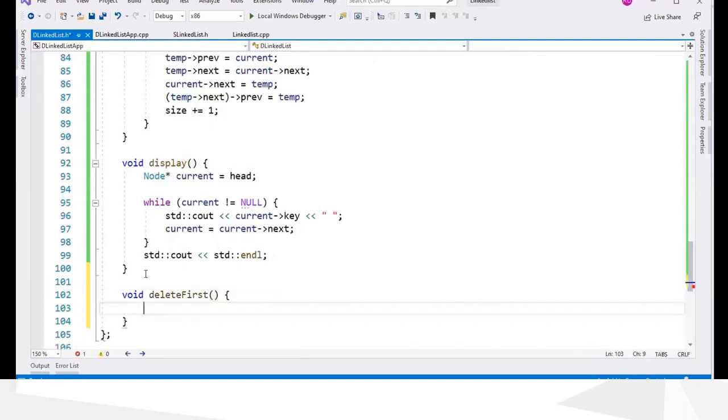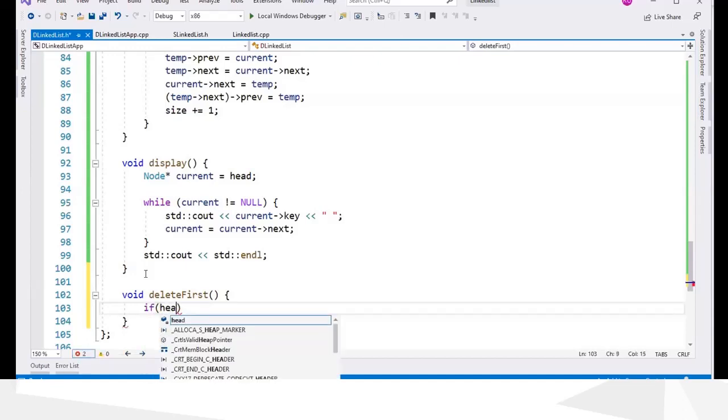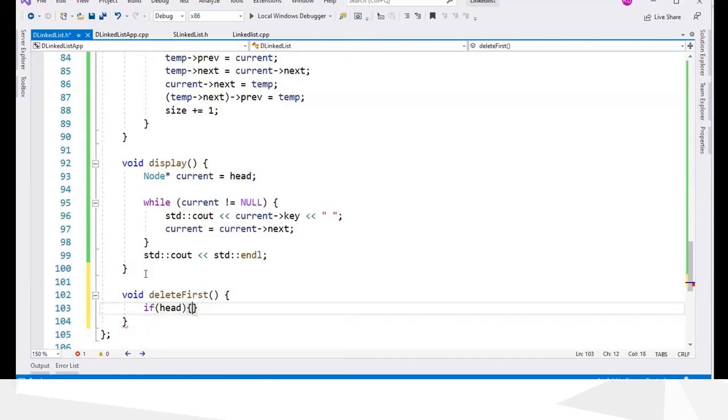So I will not return anything in this one. We have to check if head is equal to null, or you can just check like this, if head. If it is true, that means there will be a value. If it is not, there will be no value.